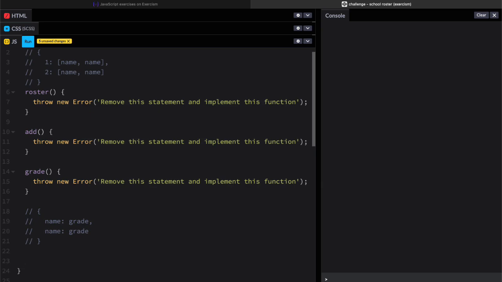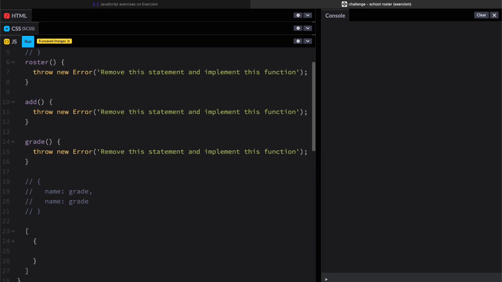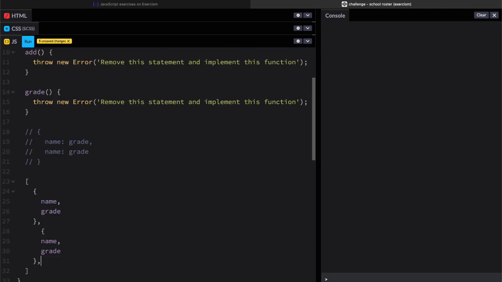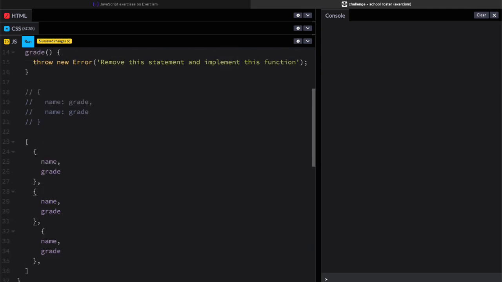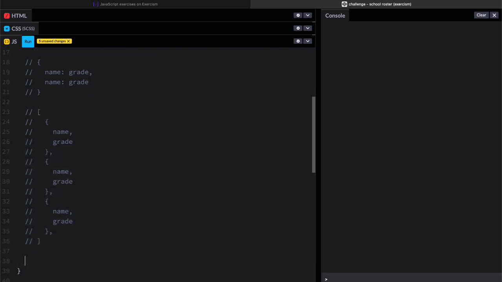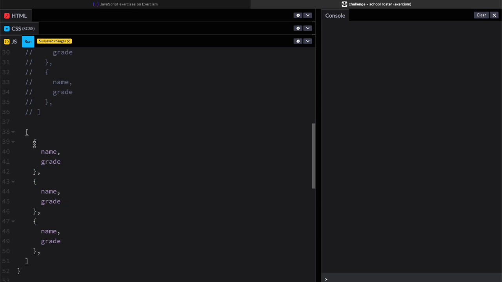Still another way that we could do this would be to go all in on our data structures. So we could have an array and then inside of there, we would have an object and that would have name and grade, right? And then down here, we could just paste that in like this, right? So that it looks kind of like a database, right? We could take that even further. So let's just take this all the way to its full conclusion, and we could store it as something that you'd probably see in a NoSQL database where it has